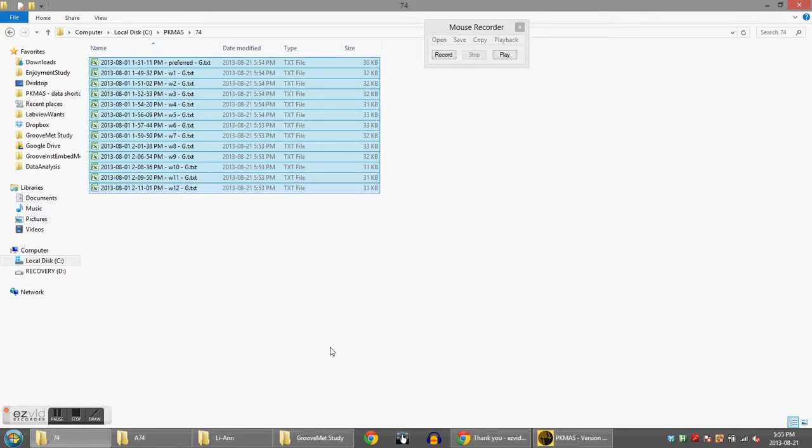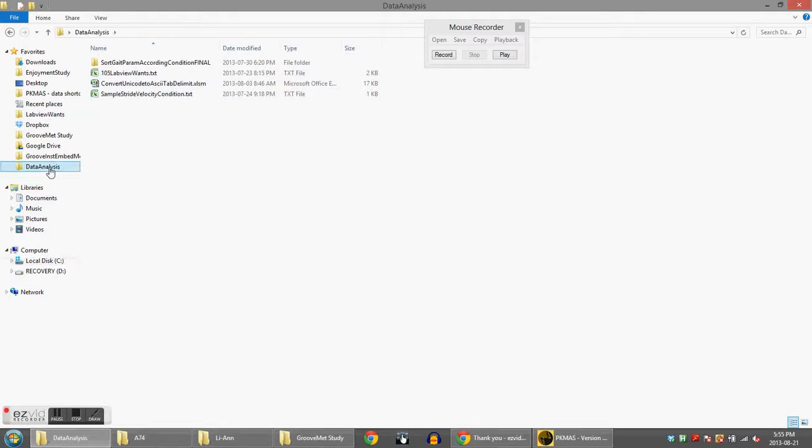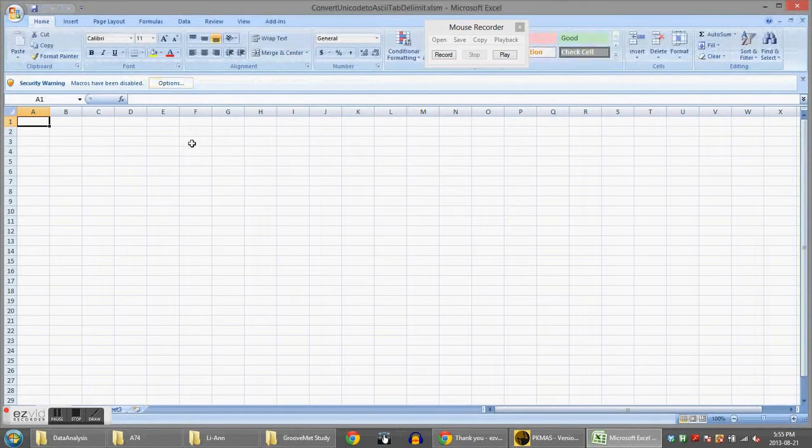And now we'd like you to convert them from a Unicode format to an ASCII format. These files cannot be opened at the moment because they're in Unicode format. So to do that, go to the data analysis folder on this left side, double click convert Unicode to ASCII